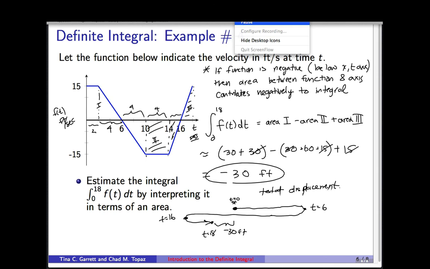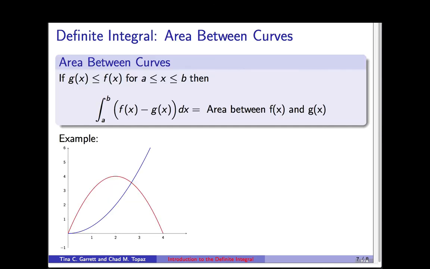So the last thing we're going to talk about in this unit is the area between curves. And this is a pretty simple idea. We probably won't belabor this too much. But if you've got two functions and you know that one of them, g of x, is less than the other, f of x, between 2 points that you're interested in, a and b, so we'll say b is there and a is there, then if you wanted to know the area between curves, and this will come in handy